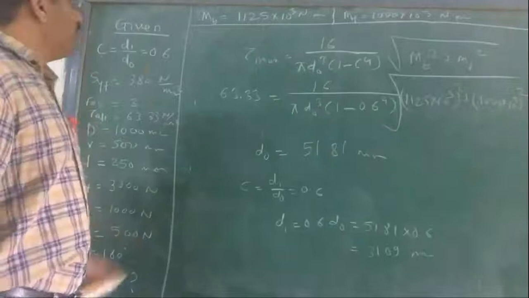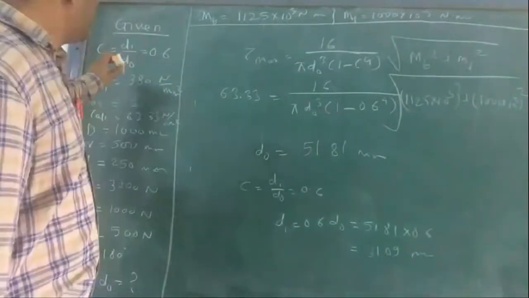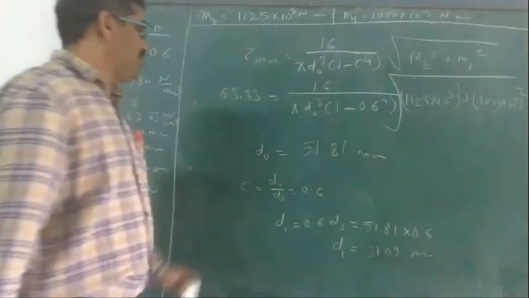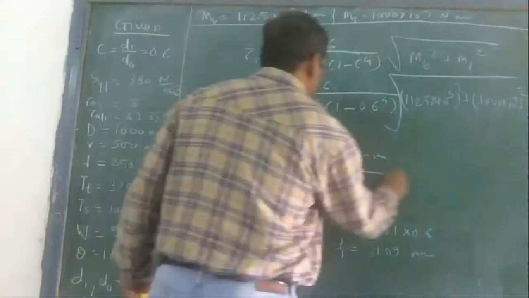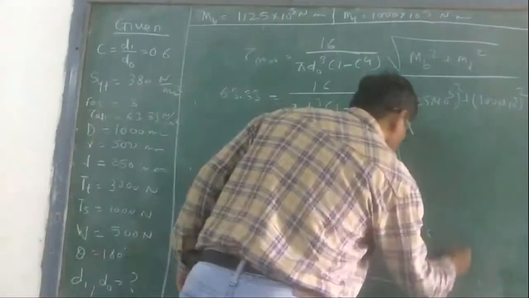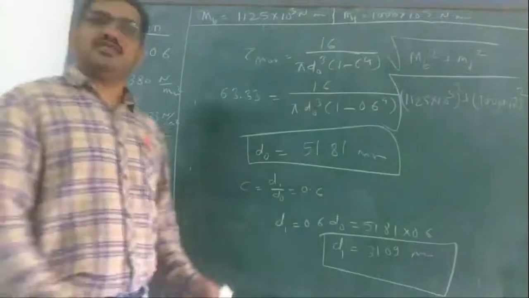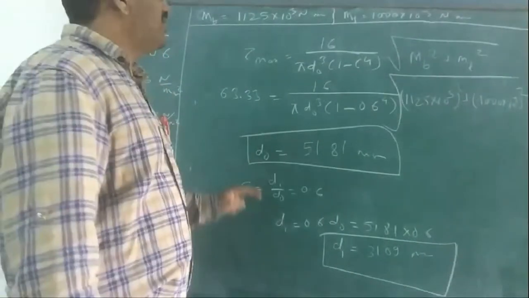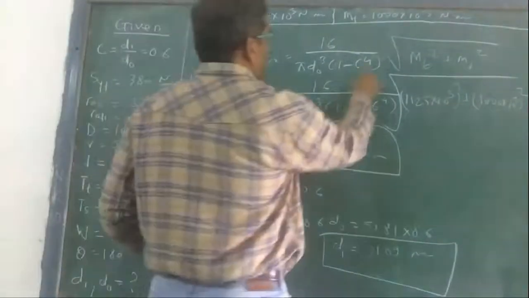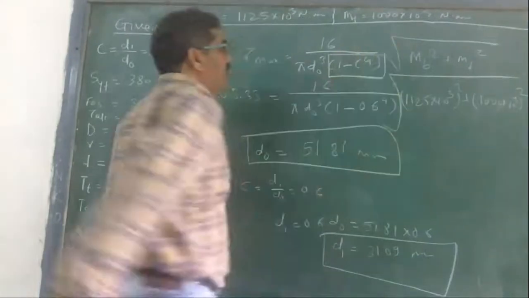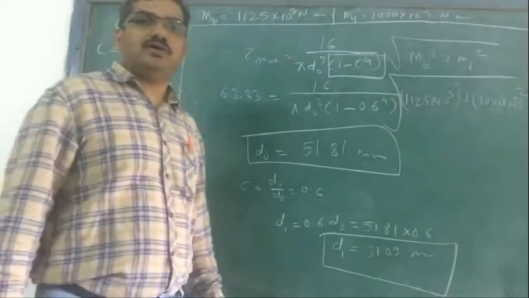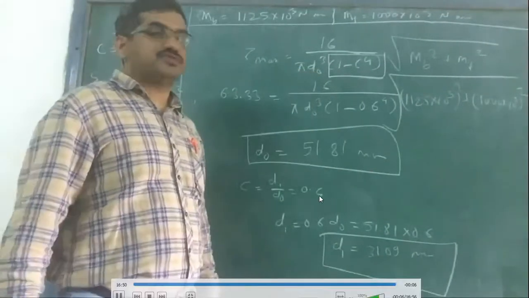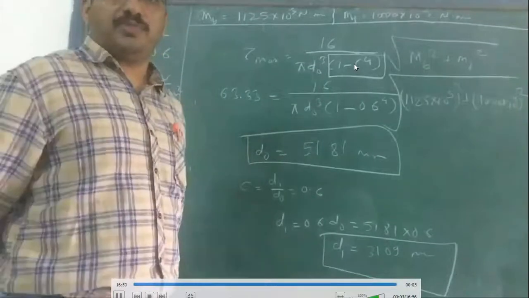Now, after solving this problem, we know the inside diameter of the shaft will be 31.09 and the outside diameter of the shaft will be 51.81. So these are the two answers to our problem. Right? So this is how we can do the design of a hollow shaft on the strength basis. Everything else will remain the same. Just remember, apart from the standard design, 1 minus C raised to 4 will be the extra factor. This is dO, the outside diameter we take here, and this factor will be 1 minus C raised to 4. Otherwise, the design procedure is all the same. Okay.